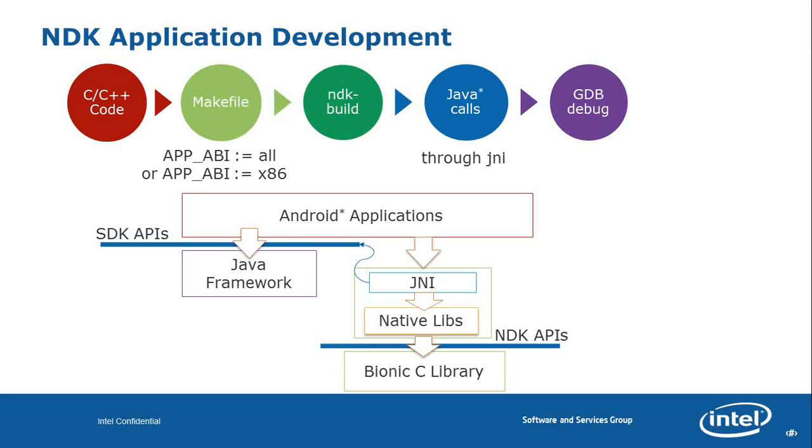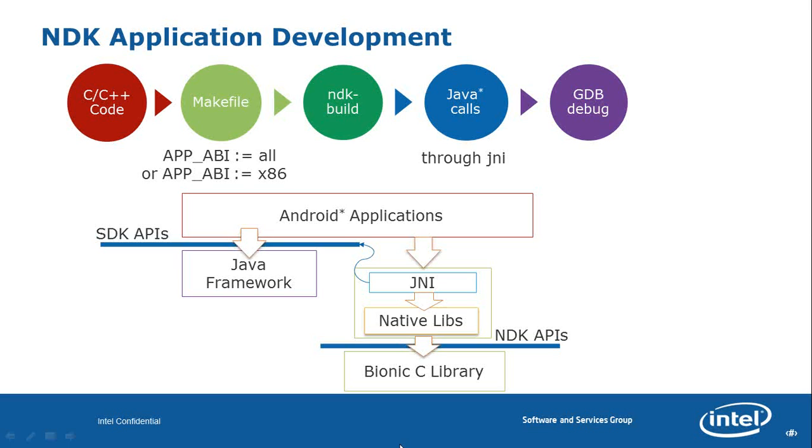The JNI is a wrapper around your C and C++ code, which allows the application and the OS to communicate. This is the wrapper which helps the native code and the application layer, and the native code and the OS layer, to interact. After that, it is the general GDB debugging, which you use for any other kind of application development. So this is the development cycle for an NDK application, be it existing C++ code or fresh C++ code which you are writing for NDK development.